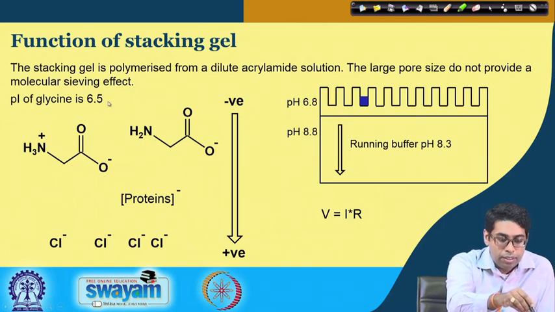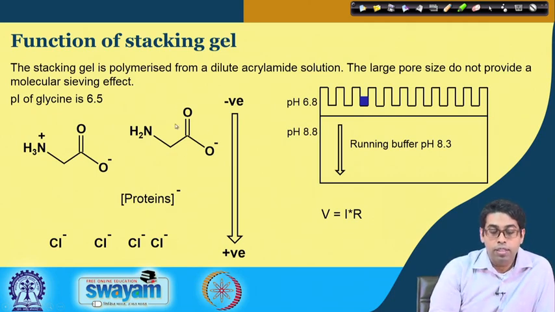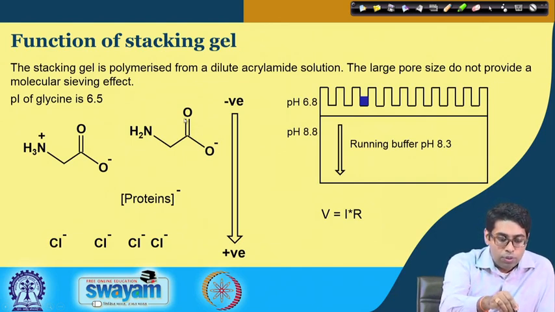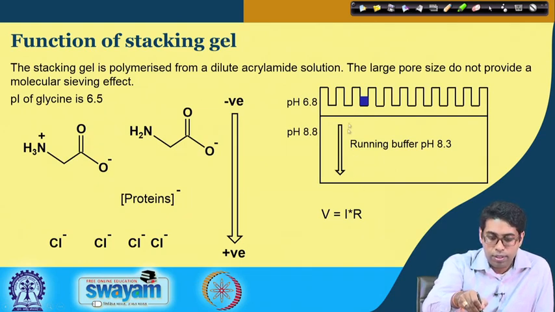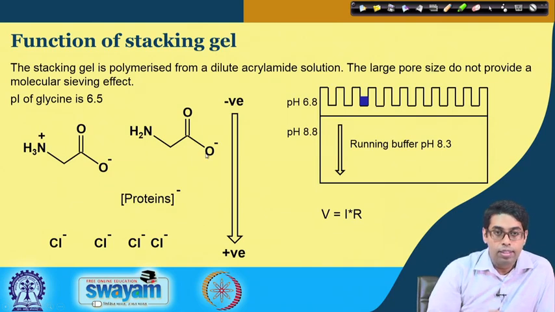Glycine at this pH 6.8, most of it is neutral and a very small amount of glycine is negatively charged. So, its electrophoretic mobility is actually quite less, and also the dearth of ions in this region results in an effective increase in the resistance, because we have fewer ions which can carry the current. Now, remember that the current that flows through the gel is constant, because there is no accumulation of charge, right. So, if the current remains constant and the resistance increases, then from Ohm's law we can tell that the voltage will also increase locally in this region.